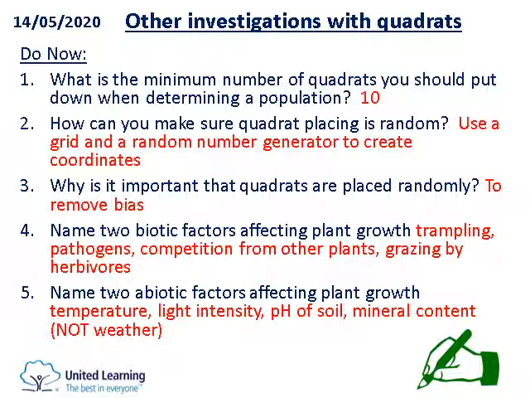Last week we were talking about quadrats and we talked about using 10. That's a good number to be able to get some accurate results. How can we make sure it's random? You could use a random number generator. You can pick numbers out of a hat, for example. You place them randomly to remove bias. For example, if it wasn't random, you could easily place